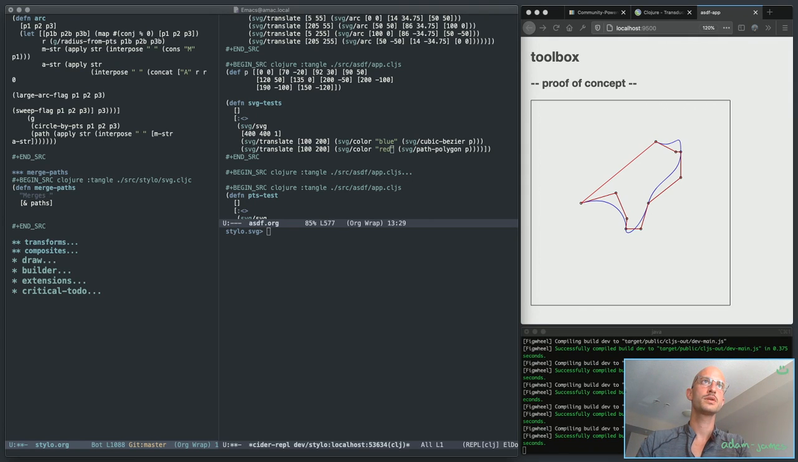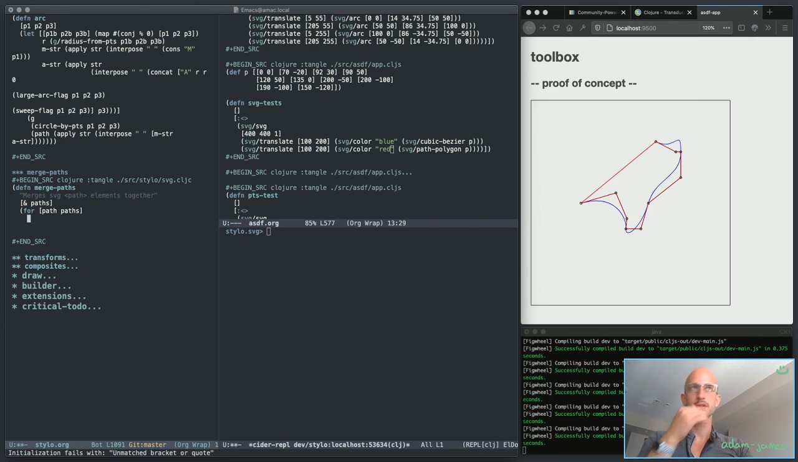Merges SVG path elements together. Right, so the obvious thing to do, the really simple thing, is for path in paths, you do,